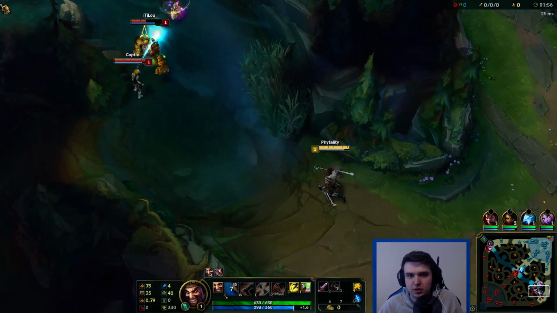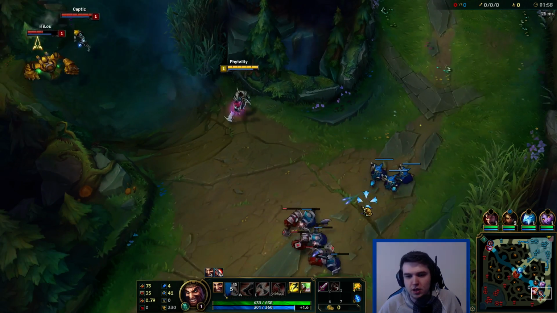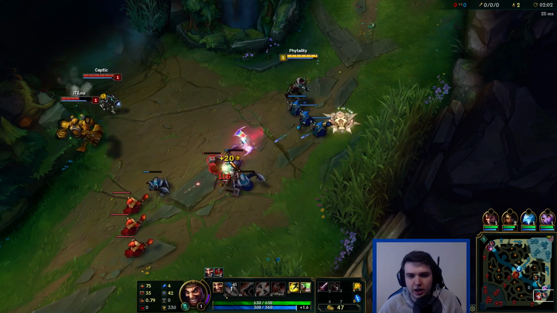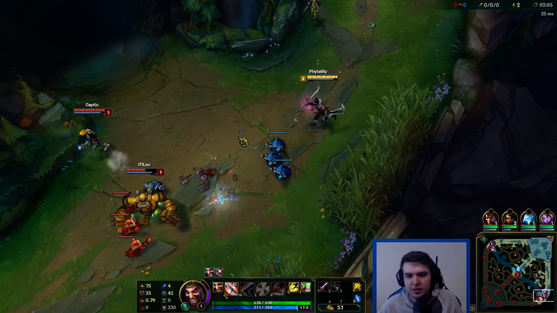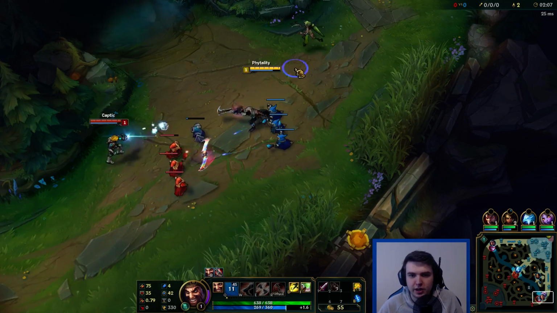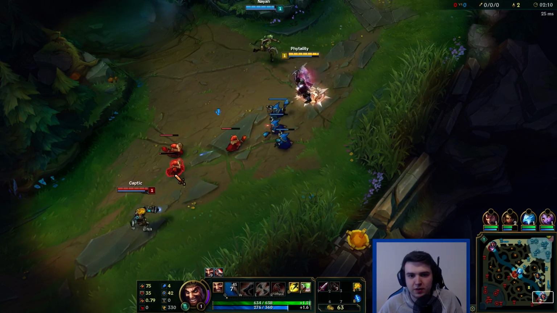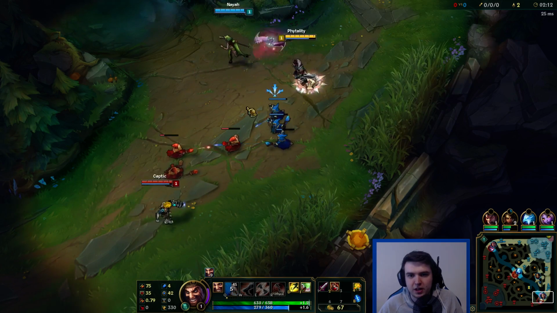I'm going to go up. I think they're actually fine. Okay, no. You can actually get two straight out there. You can get two axes as you go to lane, but I messed that up. You have to do it a couple of seconds before the camp spawns, and then by the time you've hit it like 3 times...